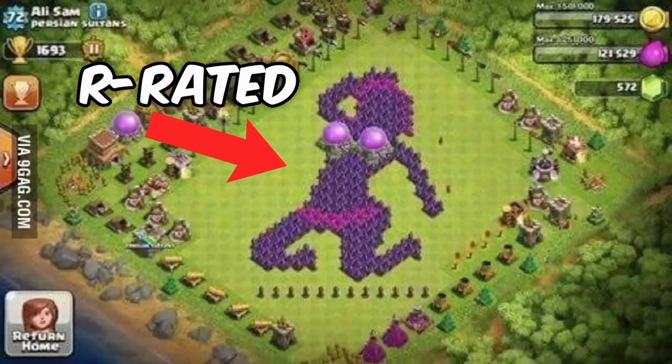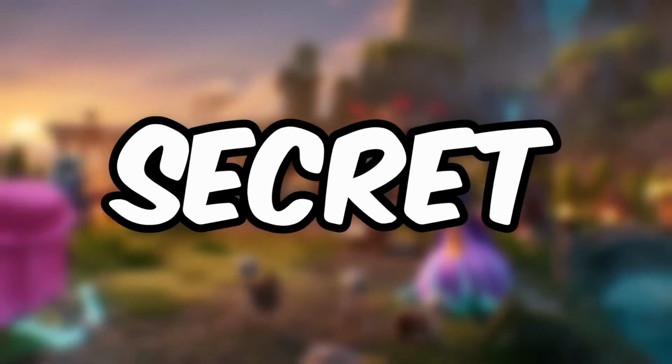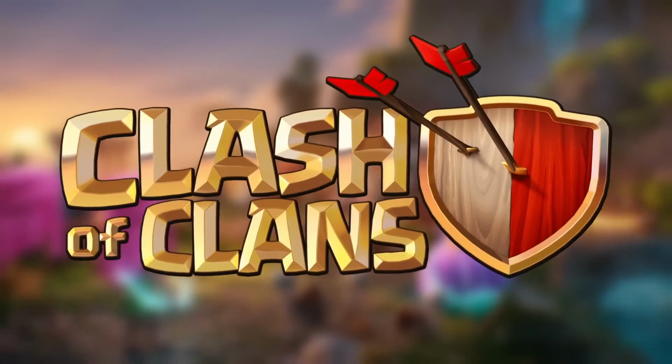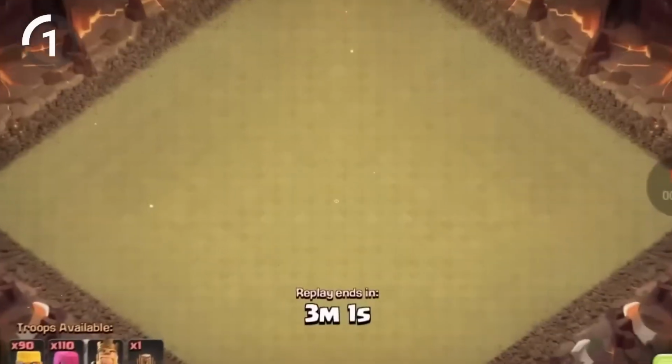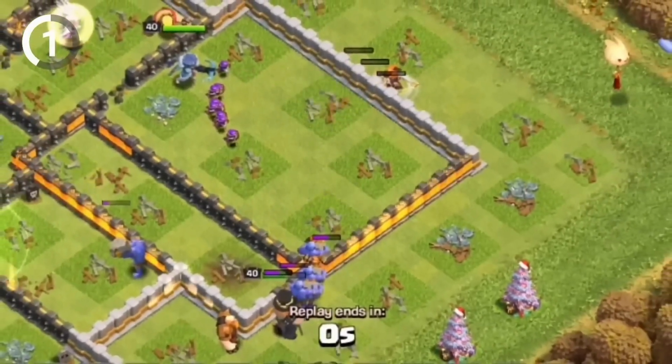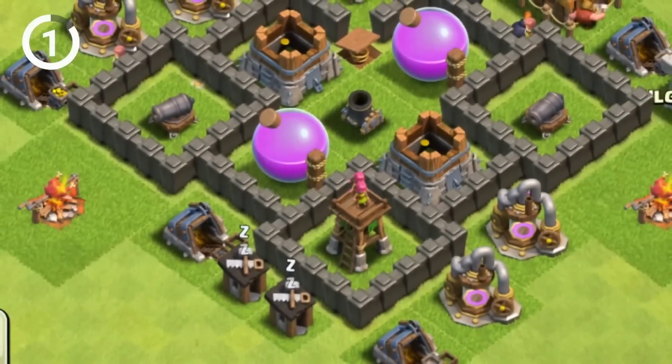From an R-rated base design to a secret glitch that nobody knew about, here are 165 secret things you didn't know about Clash of Clans. Back in the day, when you looked at other bases, you could see something like this. What? Veterans would know that if you spectated bases right after they'd been destroyed, their base layout would show up as an empty one. This has changed, as now, if your base was destroyed, the only thing you would see